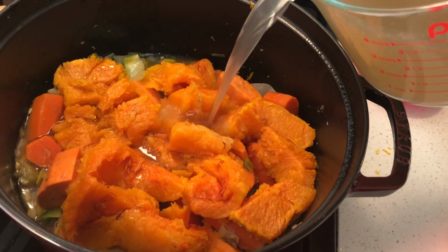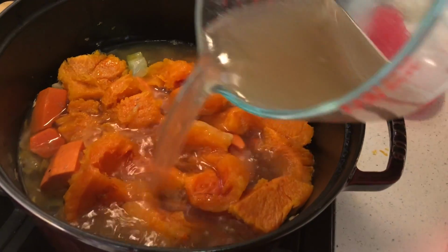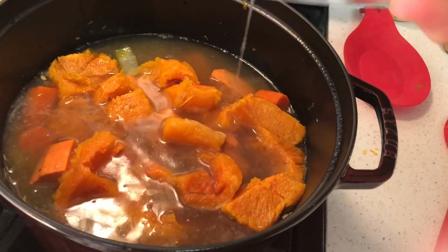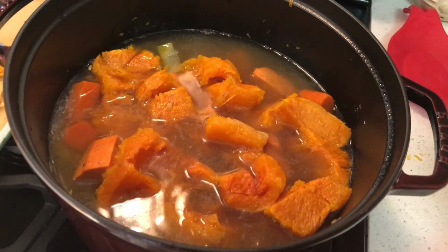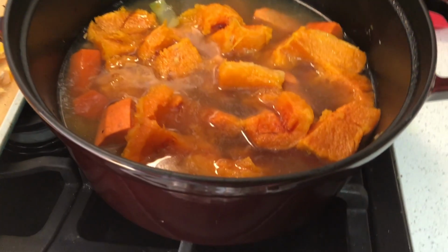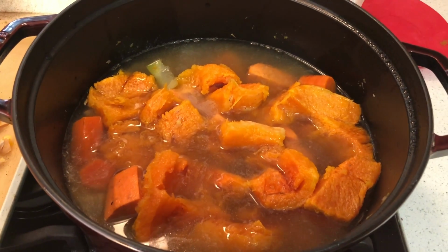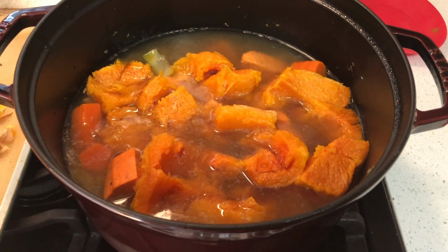To that, I'm going to add my 4 cups of the chicken and vegetable broth that I made. And again, I'll show you in another video how I make this. It's super easy and fast. I just make it while I'm roasting a chicken in the oven. And I increase the temperature, I bring it up to a boil, and then I'll cover it and simmer it